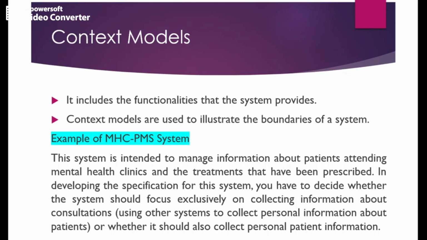All those should be included, and context models are used to illustrate the boundaries of a system. That is important. What all other systems are there in the context of your system, that is the boundary. You need to know which other systems are surrounding your system